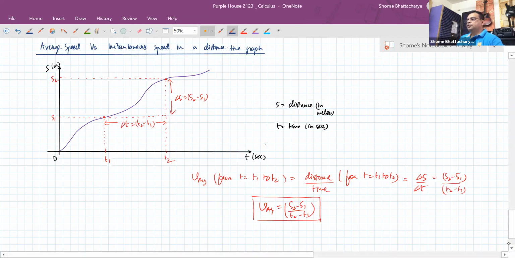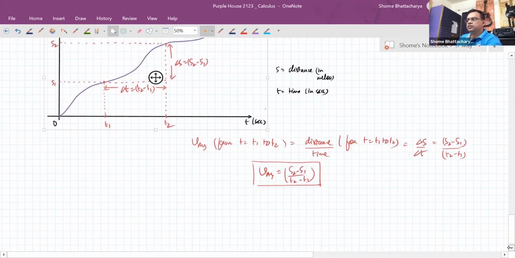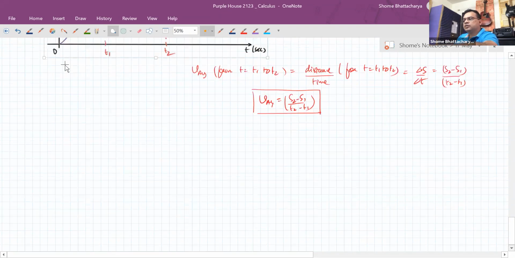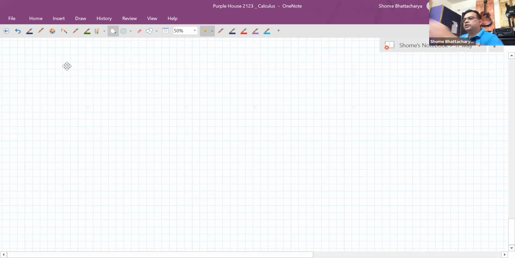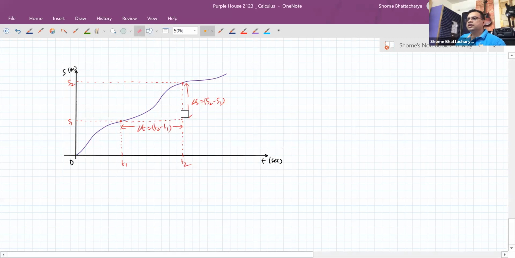Okay. Now in the same graph, let's try to understand what we would mean by instantaneous speed at a particular moment. Suppose I'm looking at the information about that particular experiment, where I measured distance versus time and plotted it into a graph for a certain journey. But later I'm using that graph to measure instantaneous speed and not average speed. So how would I do that from the graph? Let's try and understand that.